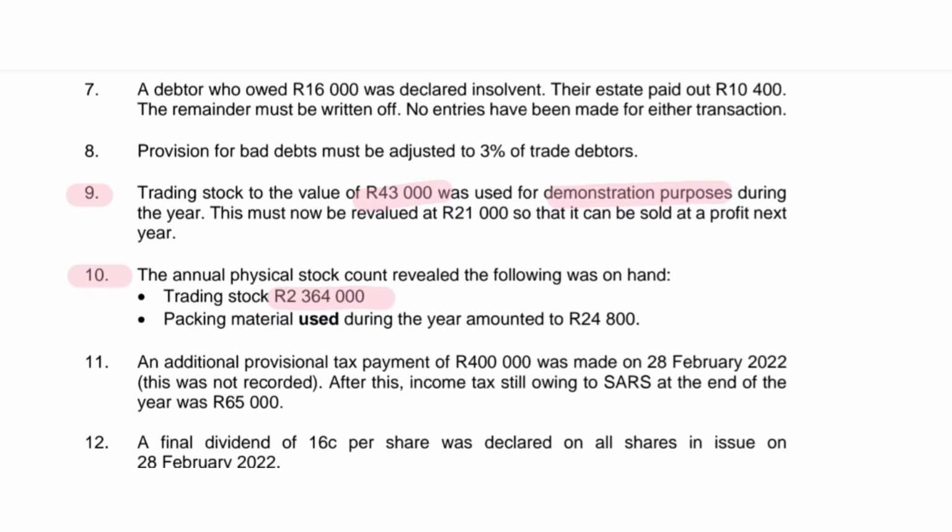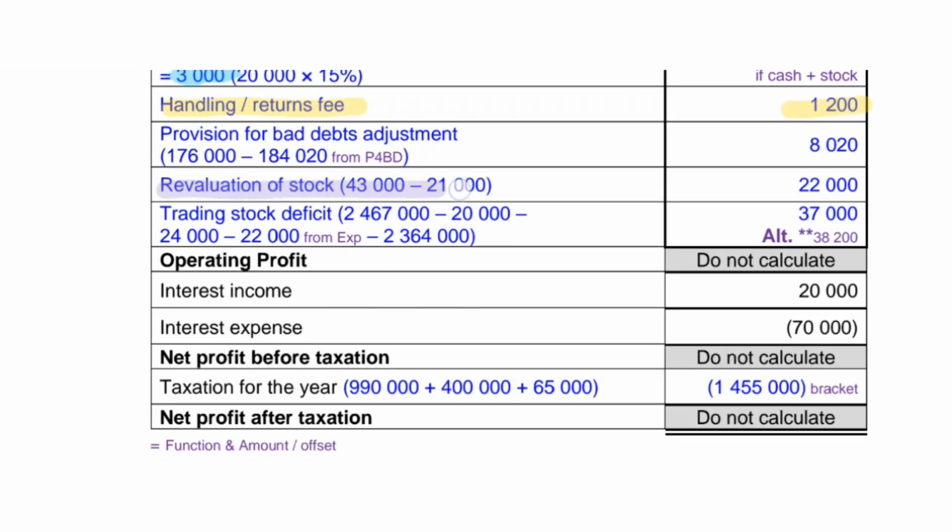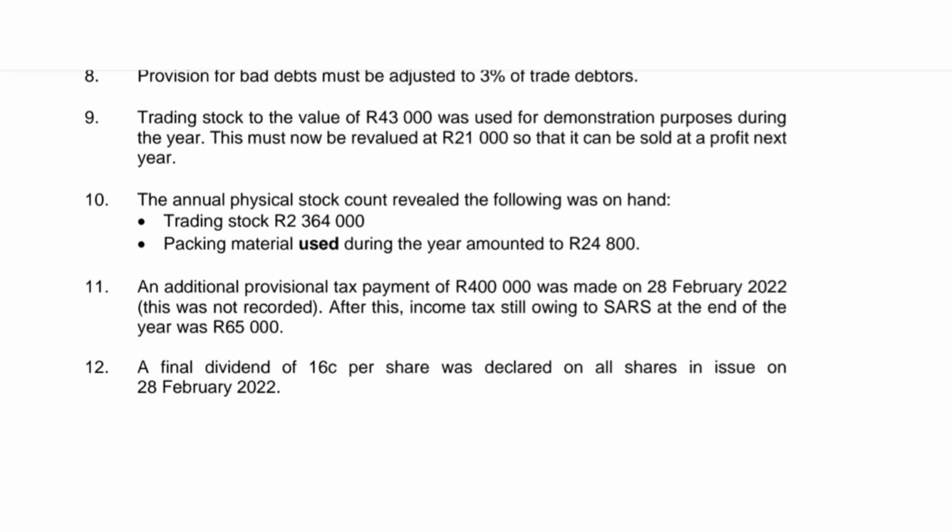So what we do is we need to remove the part that we are writing off, right? The stock is still in our business. Reduce the value of the stock to 21,000 rand. Revaluation of stock: 43,000 minus 21,000 rand, 22,000 rand. This is the loss of value of the stock that we had used for demonstration purposes. Lastly, the adjustment that this video is about, adjustment number 10. The annual physical stock count revealed the following was on hand. Trading stock: